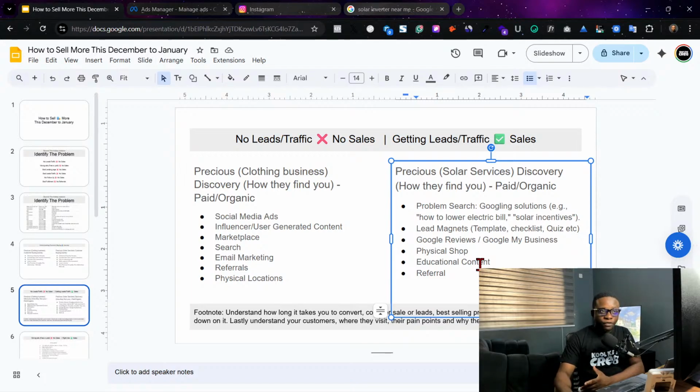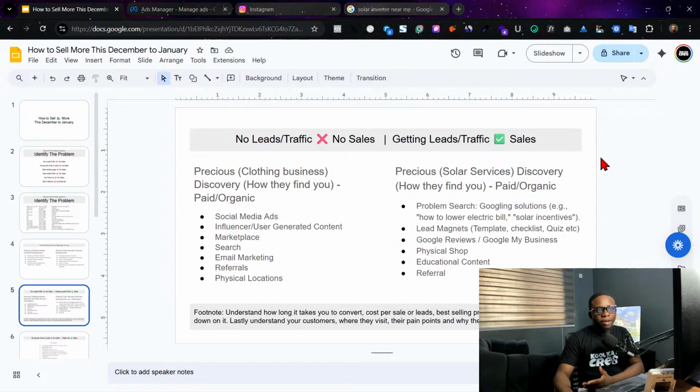Then educational content. Most everybody is posting a lot of educational content, so you have to post things that are valuable, things that people are searching. And even if you've posted something this week, and 3 months down the line you feel it's still relevant, you can repost it, restructure it, because the idea you have is much better than when you last posted. So you can reuse some materials that you've already pushed out there. Then we have referrals. Yes, most lead generation businesses rely heavily on referrals.